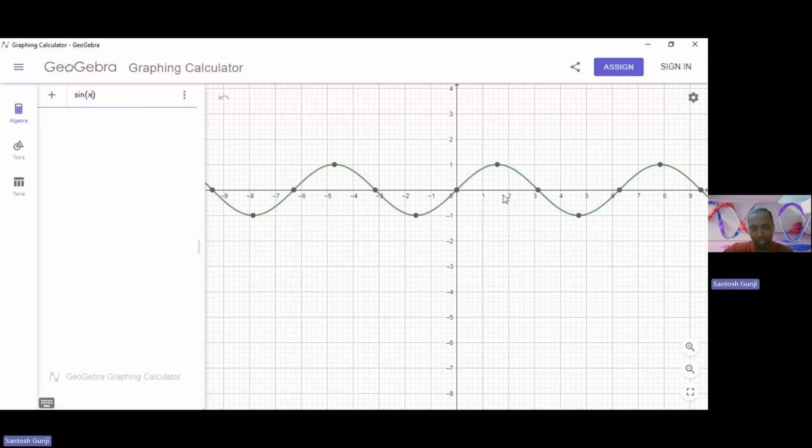You may also see the basic things of this graph, like the highest point is 1 and the lowest point is minus 1. It means the highest value the graph can reach is 1 and the lowest value the graph can reach is minus 1. You can look at these points where I'm highlighting to understand the basic nature of this graph. The highest point is at 1 and the lowest point is at minus 1, which will decide the amplitude